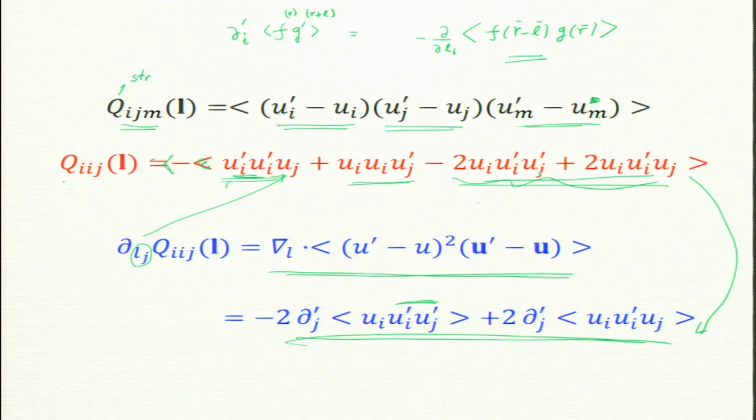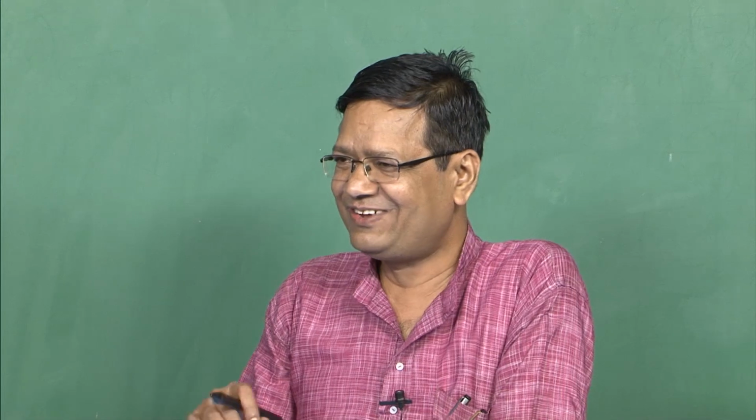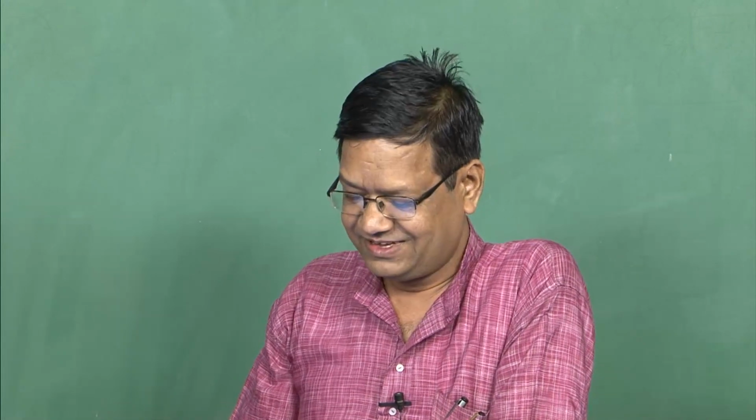By the way, please note that this j prime, if this prime was not there, it would have been 0. If I take the derivative and this prime was not there, it would have been 0. This prime is there, which is making this part non-zero. There are some subtleties which, when you do it yourself, you will find that Kolmogorov was indeed very clever and he could do all this stuff.